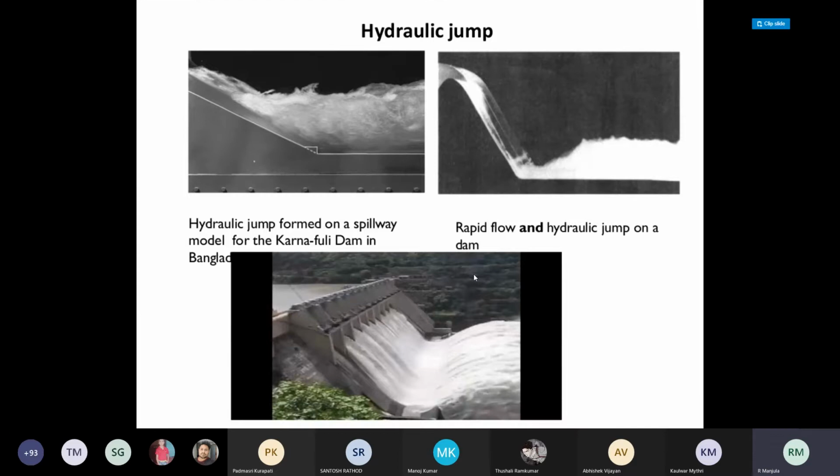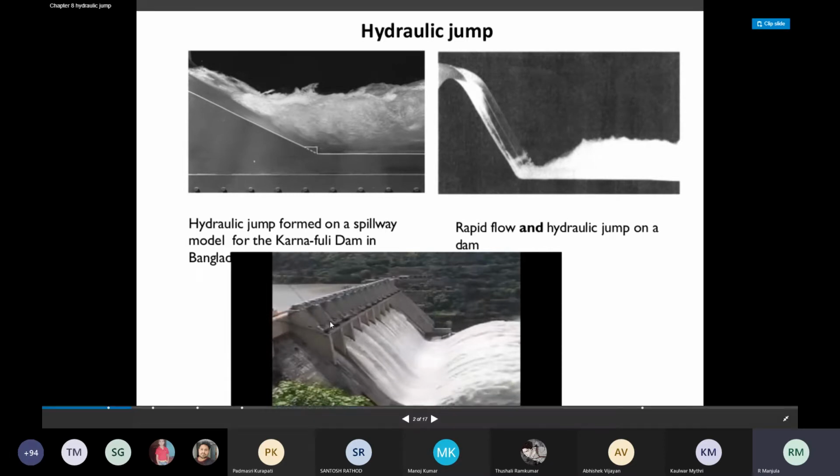Okay. So the spillway, when you are releasing the water, will again be a gate operated system, and the excess flood water will be discharged or released over the spillway. You can see one such hydraulic jump. This is called the hydraulic jump. You can see the hydraulic jump which is formed on the downstream side of the spillway.